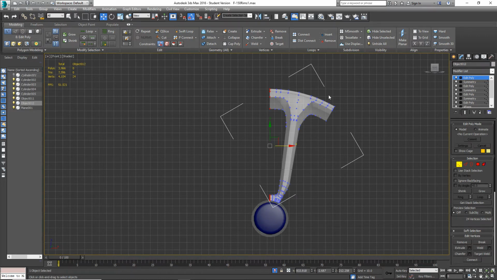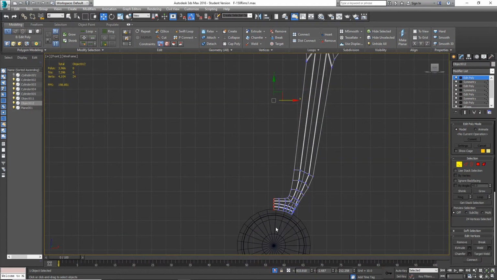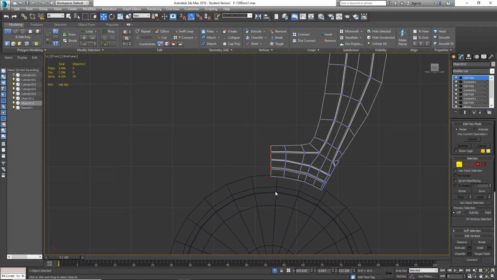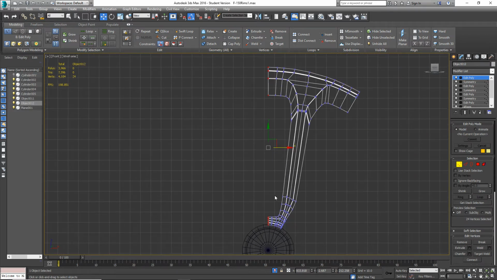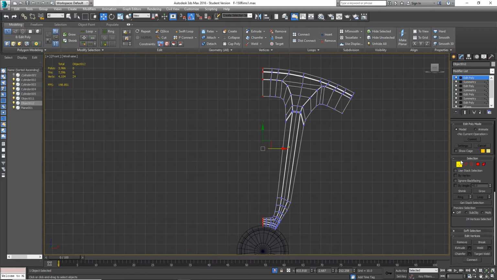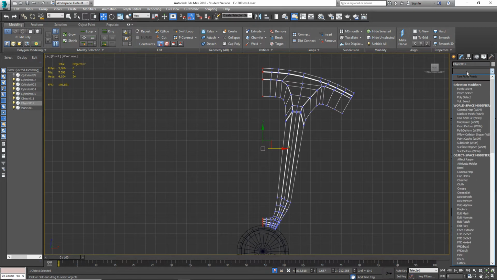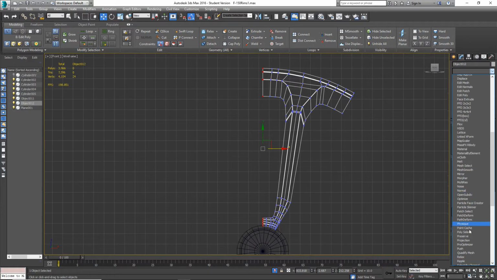These right here alone by themselves, because I've had issues in the past where things don't necessarily work or they don't flip over to the other axes right unless I go into vertex mode and grab these vertices. And you're only going to grab the vertices that are on this outlying edge here. You're not going to grab, say, all of that. You're just going to grab your edge over here. And you can press F3 and make it see-through so you can see, because I do have this stuck into the box or the circle just a little bit. So you just grab all your edges here, and then go to your modifier list, click it. You'll go down to Symmetry,